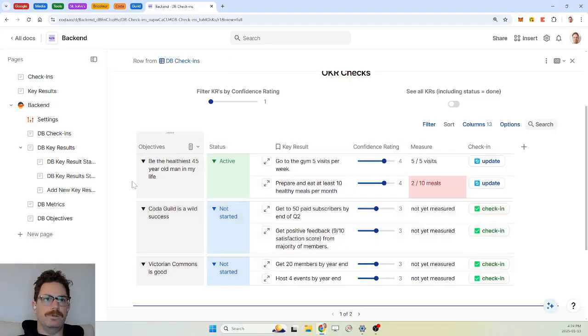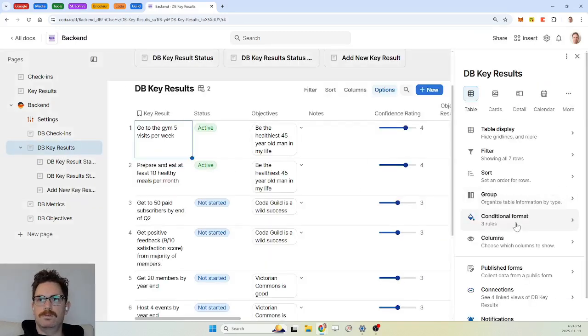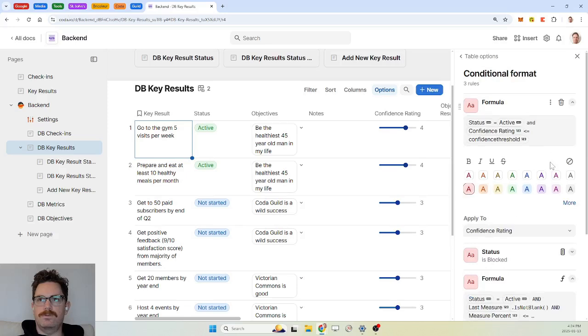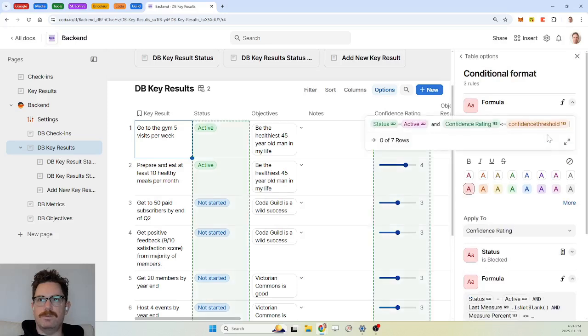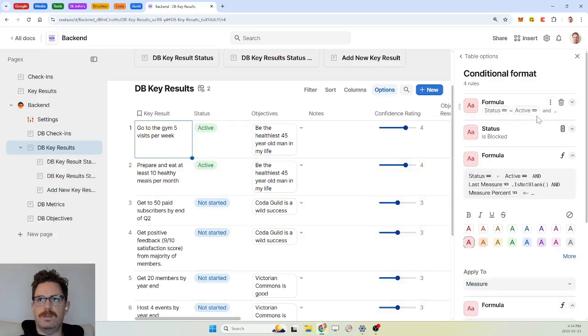Actually, I think it might be good positive feedback on this conditional formatting to do the opposite of this. So we would want to duplicate that and